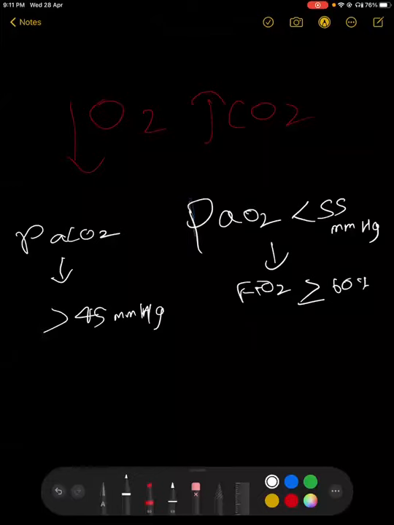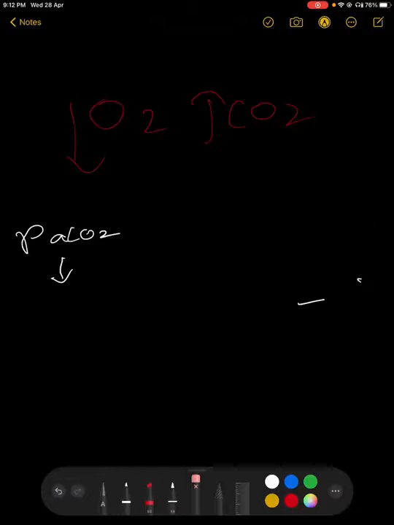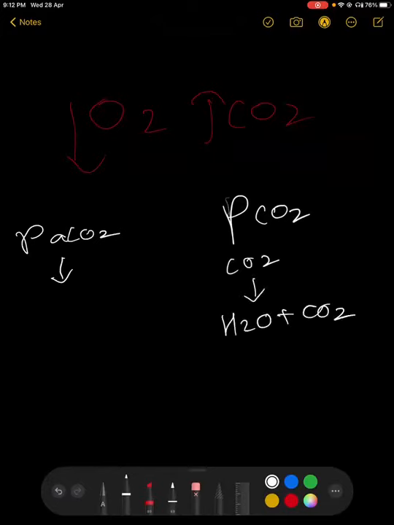In people with chronic hypercapnic respiratory failure, PCO2 is going to accumulate in the blood, that is CO2 retention. This CO2 combines with H2O to produce carbonic acid, which is responsible for acidosis. In patients with acute hypercapnic respiratory failure, even a modest elevation of PaCO2 will be associated with significant acidosis.